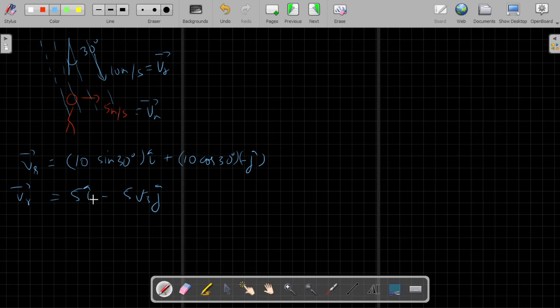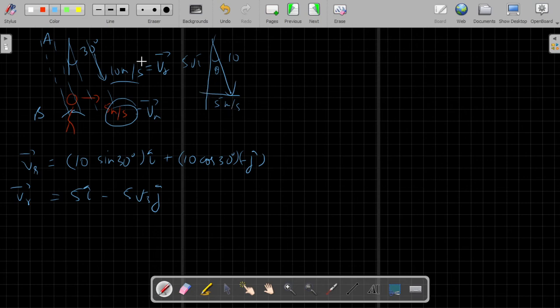So we can do this question in one more way. Imagine there are two cars A and B. The car A is moving with a velocity of 10 meter per second in this particular direction. Car B is moving simply with a velocity of 5 meter per second. Now if we are to resolve the velocity of car A in x and y direction, then in the x direction it would be moving with a velocity of 5 meter per second, and in y direction with some velocity 5 root 3.